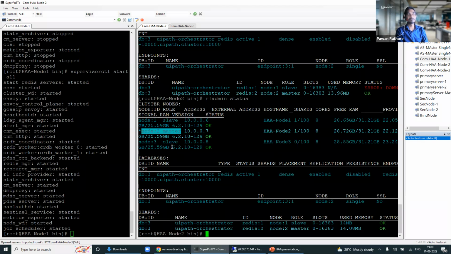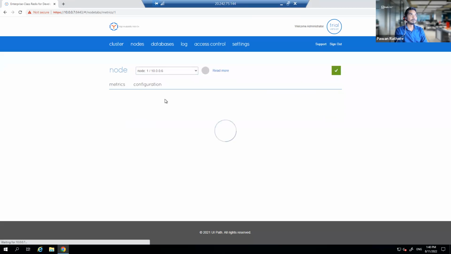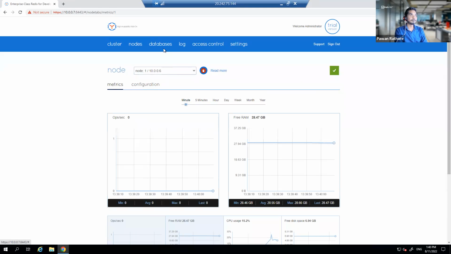Only then it is going to transfer, else it is going to be acting as a master only. So these were a few different failover scenarios. Now, if I go back to the UI and go to any one of these nodes,